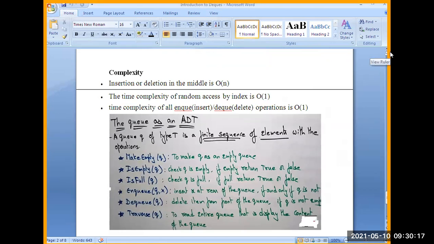I already told you, abstract data type is a mathematical model for data types.